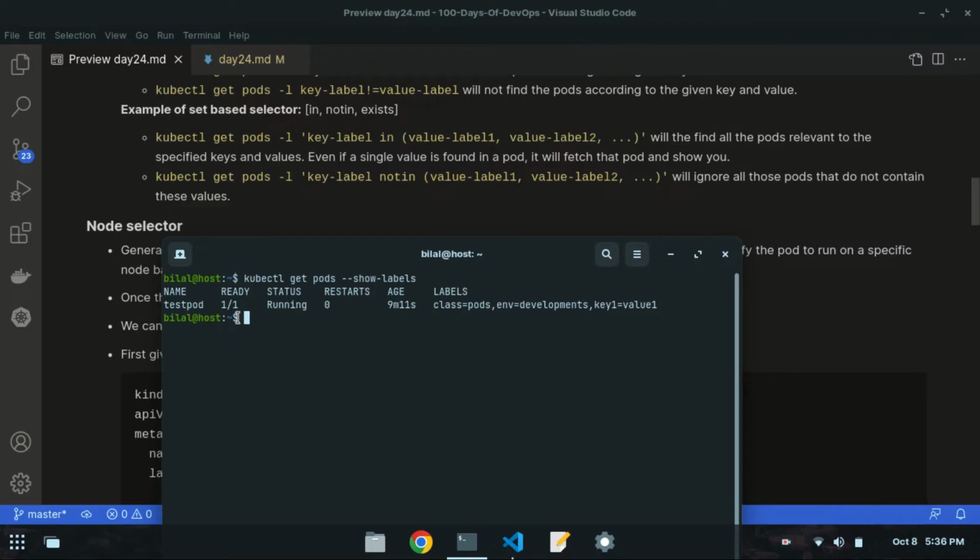Currently I have only one pod, but let me show you how it works. So kubectl get pods -l, and after that let's write class, right? Class pods